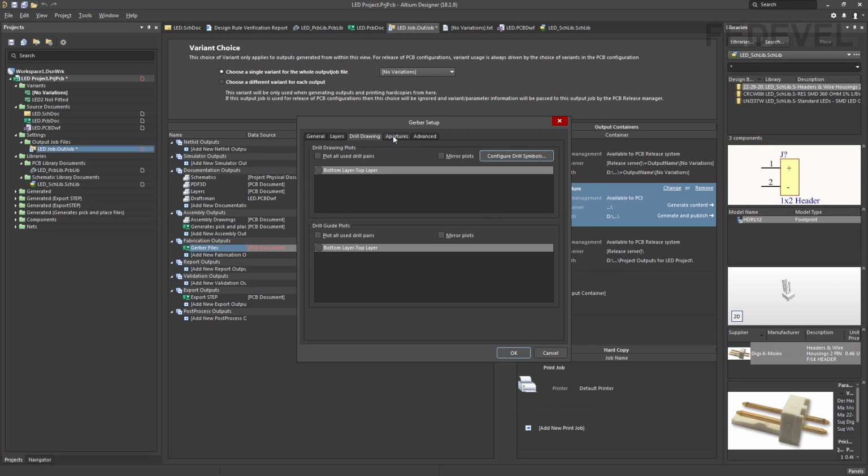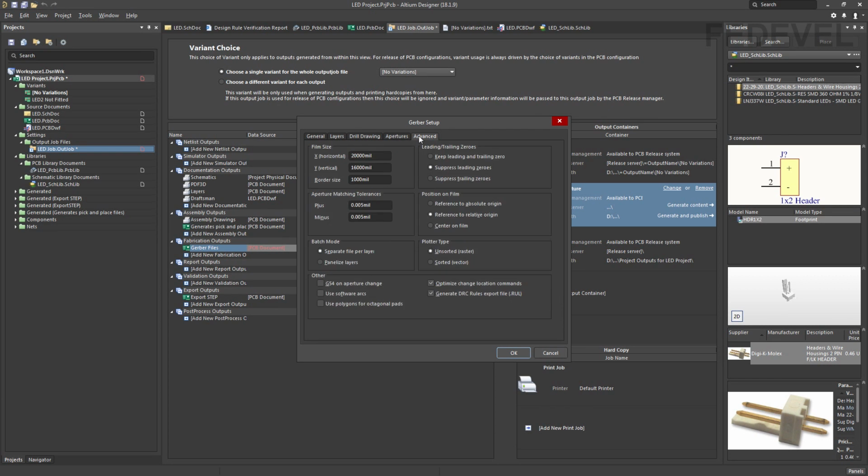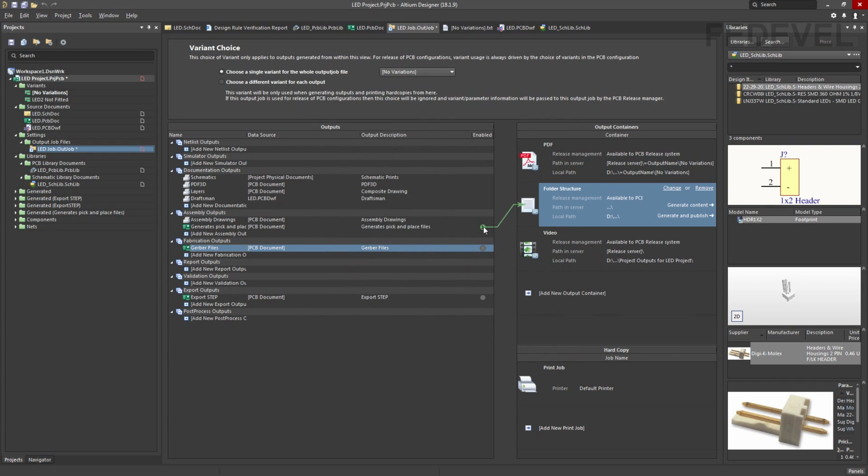Leave this default, and leave this default, press OK. Left click on this generate pick and place, and left click on Gerber files. Be sure no variation is selected, and left click on generate content.